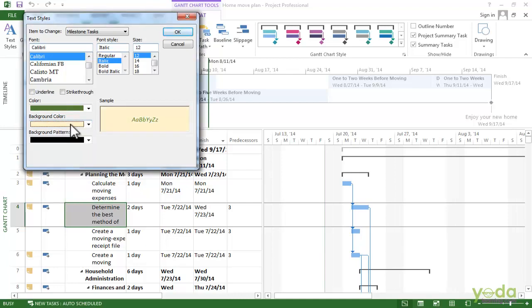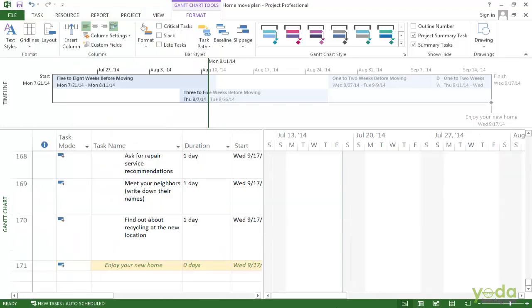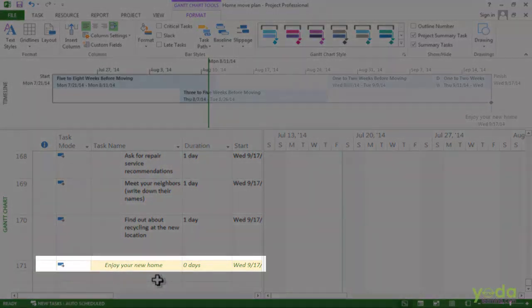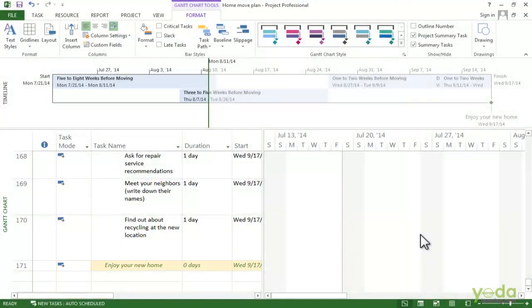Now what we are going to do is change the background color to a light, light orange color. Now when I click on OK, you see that the text changes. The milestones are green in italic here, and the cells for the values for the critical tasks have this orange highlighting behind them. So they really stand out in the table.